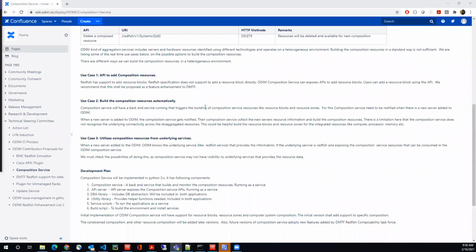By the way, the Redfish specification may be concerned with a subset of what ODIM would have to be concerned with, because it adds additional value. Being able to create zones or delete zones or map resources into zones is something that we add value for.